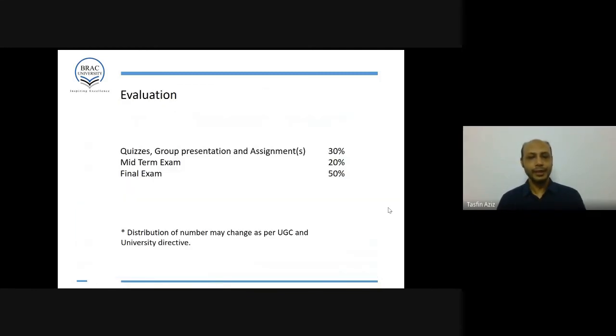So the evaluation of the course, basically, the course is designed with quizzes, group presentation, and assignments, which will carry 30% of the grade. There will be a midterm, which is 20%, and there will be a final exam, which is 50%. But all this distribution of numbers may change as per UGC and university